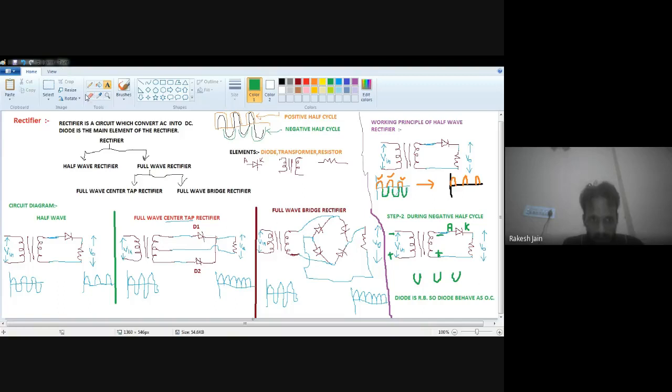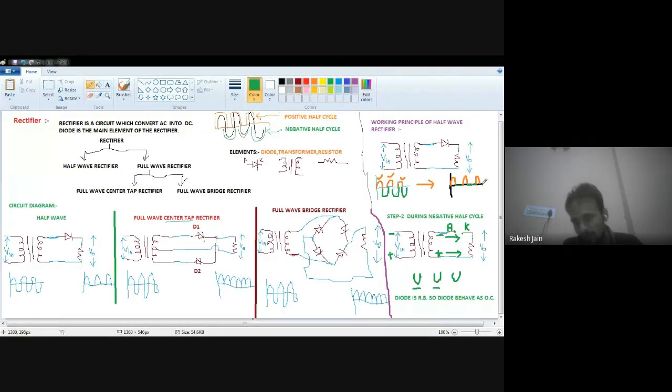And because the diode is an open circuit, what will happen? We just remove this diode. A circuit in which two terminals are present but they are not connected with each other is known as an open circuit. So here we apply the supply, but that supply will not be able to go to the output side because the wire is disconnected. So no supply will be at the output. What will we find at the output terminal? Whenever the negative supply is there, we will find 0 volt at the output. It means a straight line. So at the output side during the negative half cycle, we will find only 0 volt.